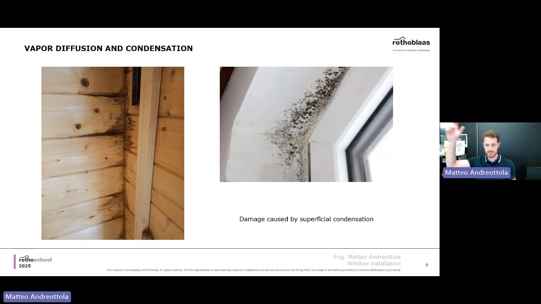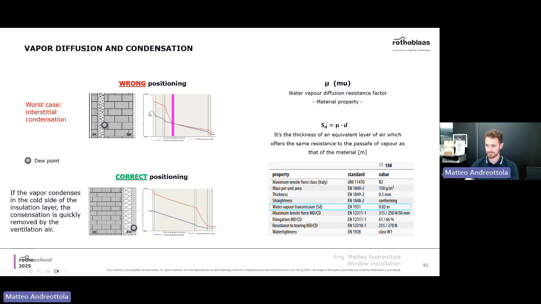And after you've finished the whole perimeter of the window, in this case, if you've chosen a material which is plasterable on the top, you can just replaster on top of it. Obviously, it's a bit of a hassle, but this is the way you should solve it if you have something like that. This is the real way to solve it to avoid it from happening again.